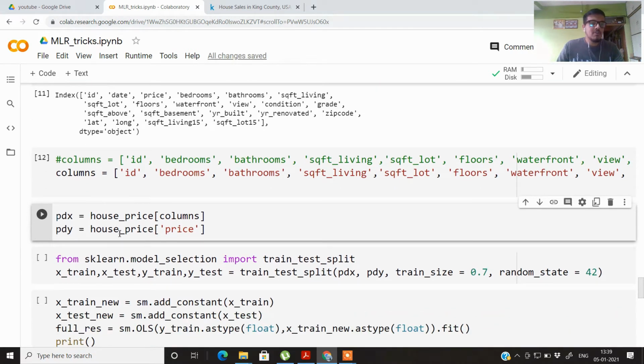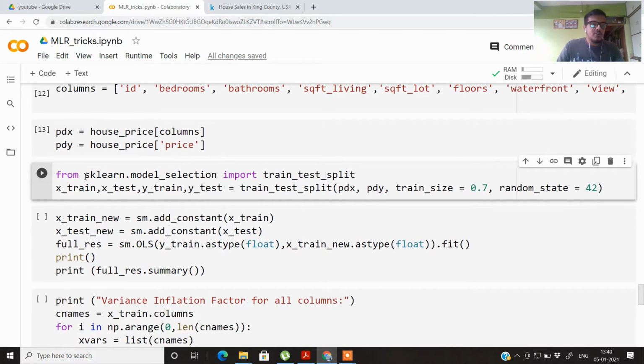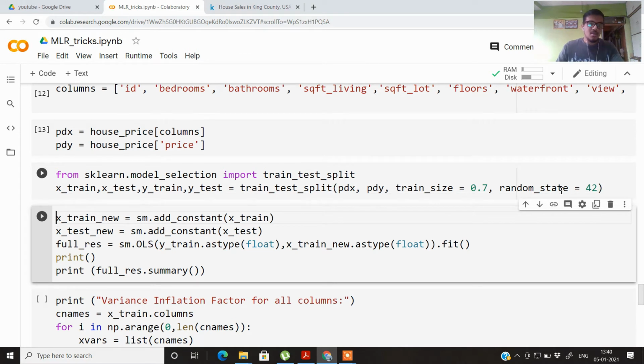The target variable from the house price data was the price itself, so they are separated. Now from sklearn, scikit-learn model selection, we will be importing train_test_split, and we will be splitting this into 4 parts, that is xtrain, xtest, ytrain and ytest. Using the train test split function, we will be passing both this pdx and pdy, and the train size, that is the training data we want in this case, to be 70%, and the random state is 42, as we want reproducible results. That is, every time you run this code you get the same kind of results, therefore the random state is equal to 42. So let's run it. So now we have 4 variables.